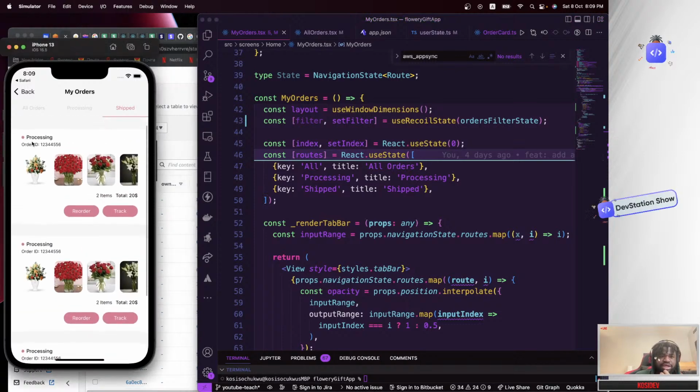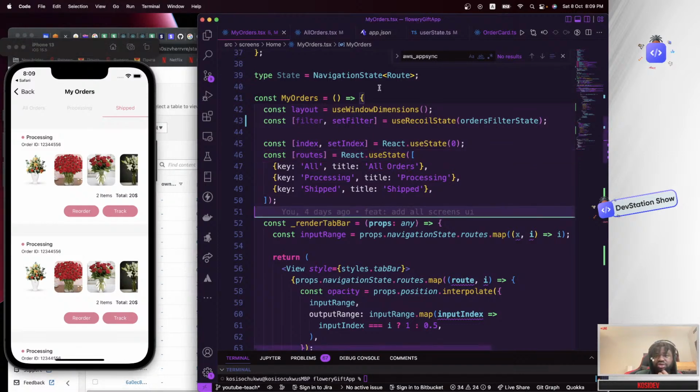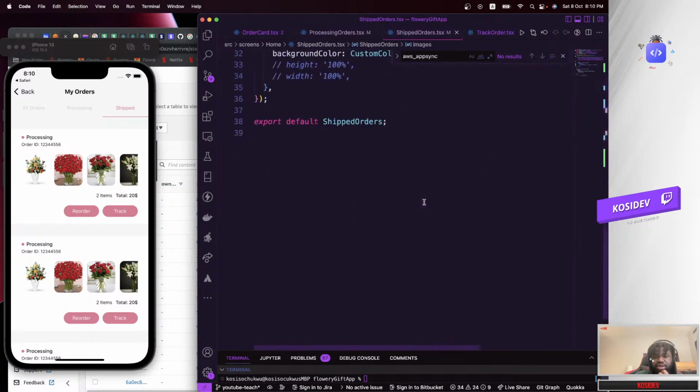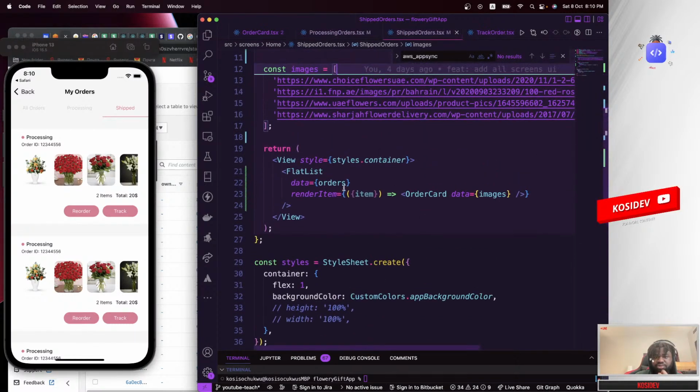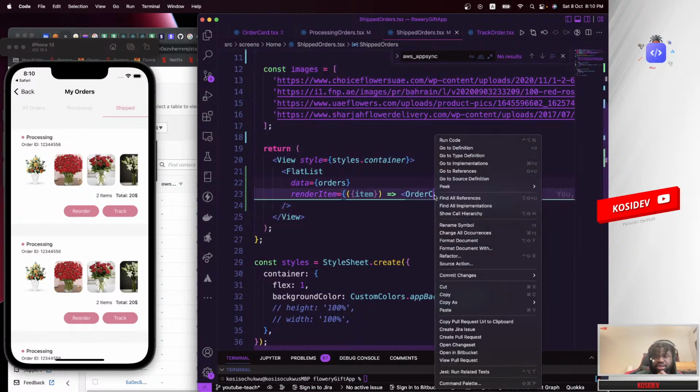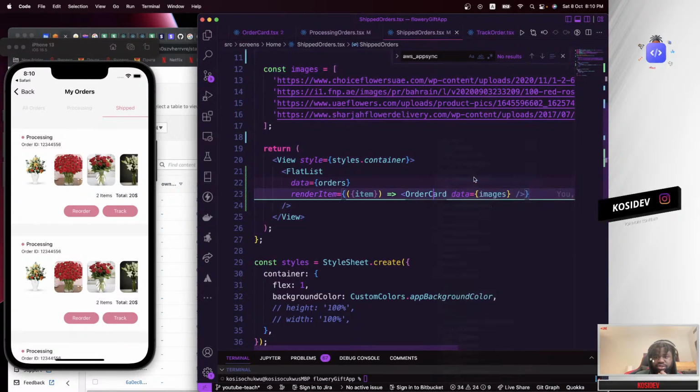But the funny thing is that this is still showing processing, so we need to change the wording. It shouldn't be processing. So we are going inside the order card. Go to definition.